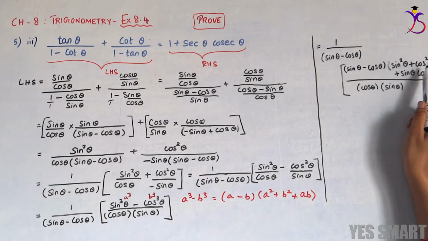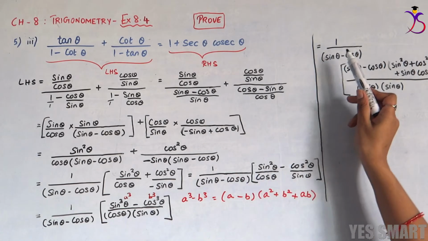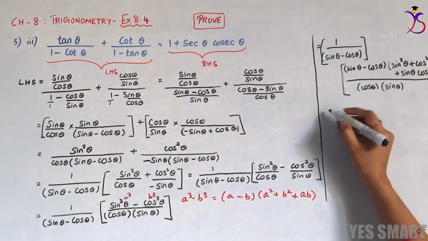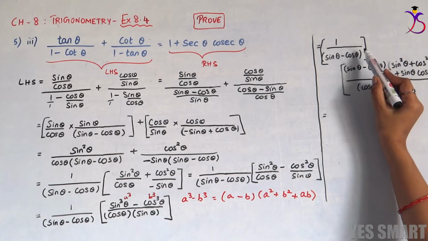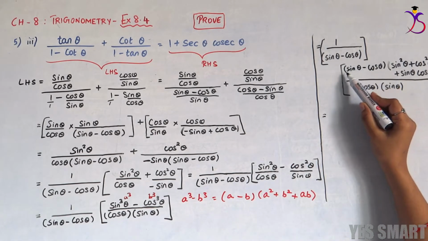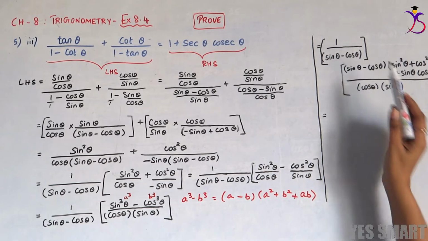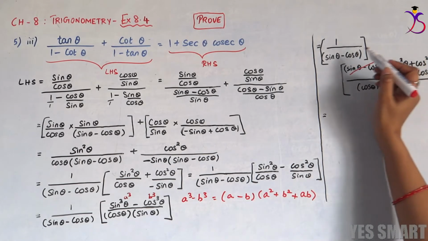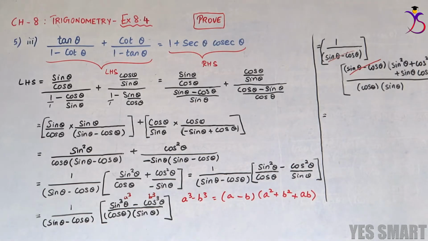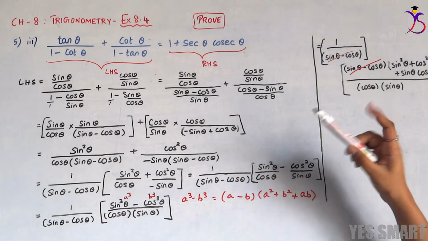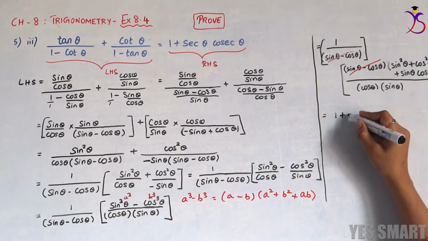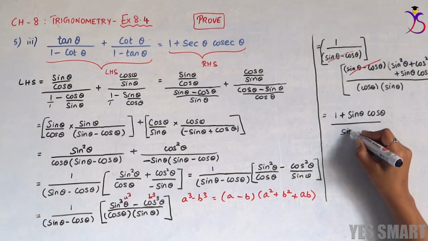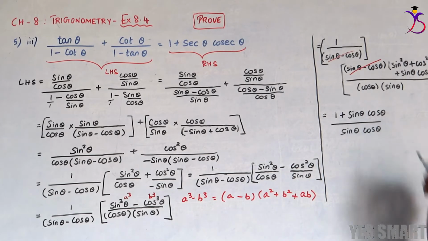Now this will be the one complete term and this will be the first term. Now we have sin theta minus cos theta in the denominator here and in the numerator here. So the complete term gets cancelled. This can be done because that is in the denominator and this is in the numerator and both are in the product. Therefore, I am just cancelling both the terms. And sin square theta plus cos square theta is 1. So 1 plus sin theta cos theta divided by, I am just rearranging and writing sin theta cos theta,